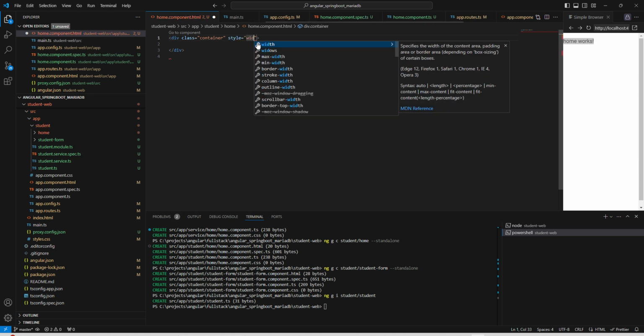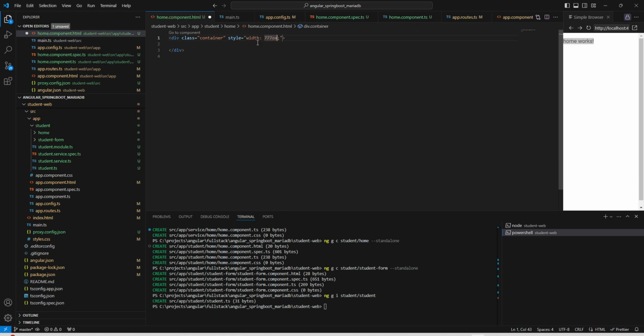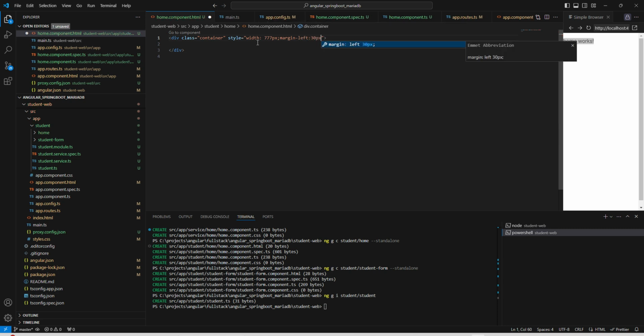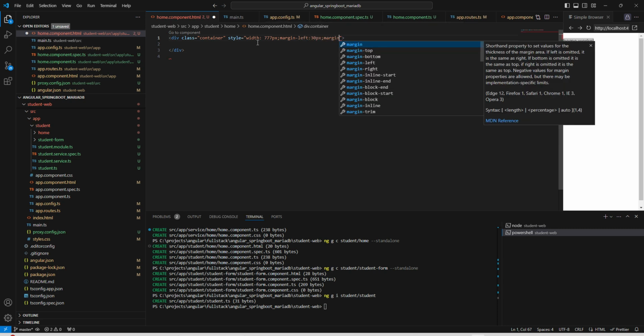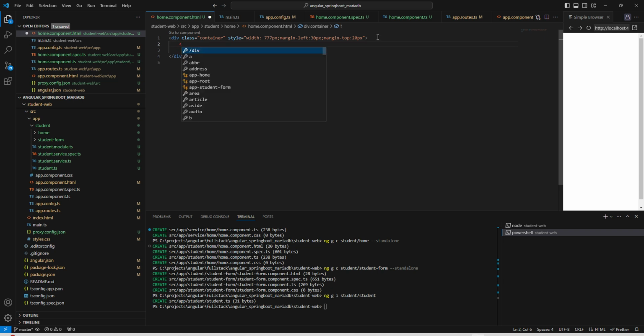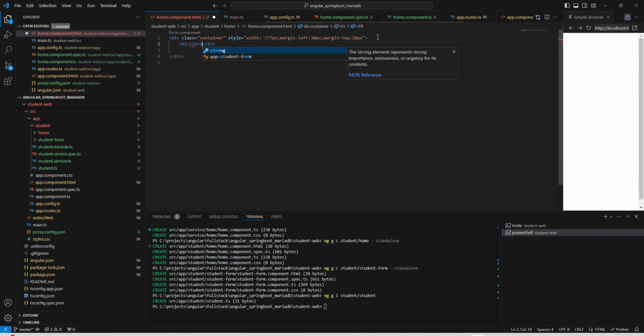Now here we can add some style, like width we can mention, margin left 30 pixel, let's say margin top 20 pixel. Now here inside this first item we are going to show a header, and the header we can make a bit strong or bold, and our header name is